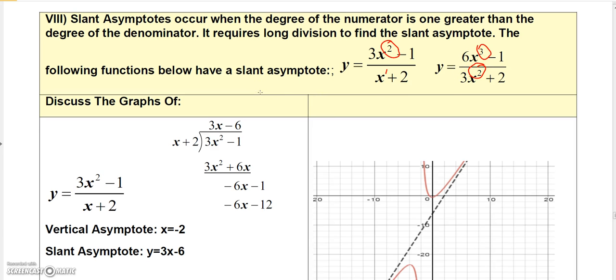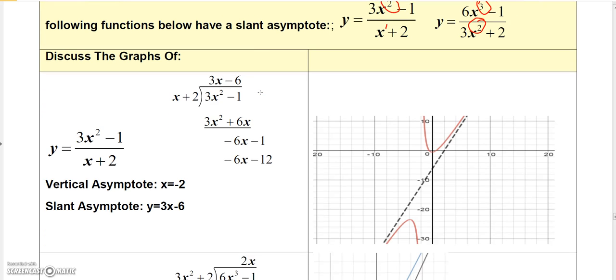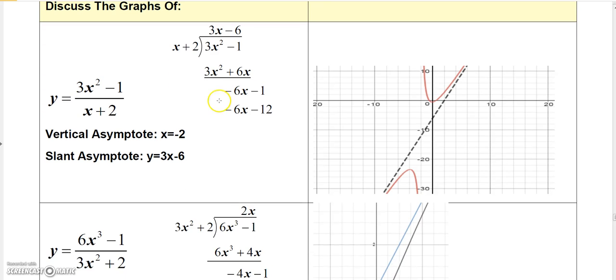Now, how do you find a slant asymptote? Well, here's what you do. You have to think back to long division. So here's my function. Now what I have to do is divide the denominator into the numerator using long division. And so just think about how you do long division with numbers. If you're going to divide x plus 2 into 3x squared minus 1,